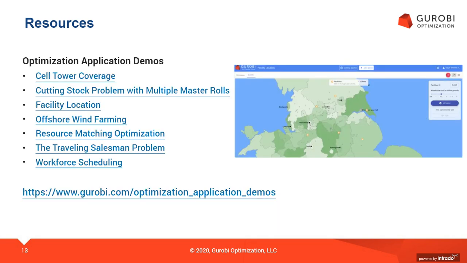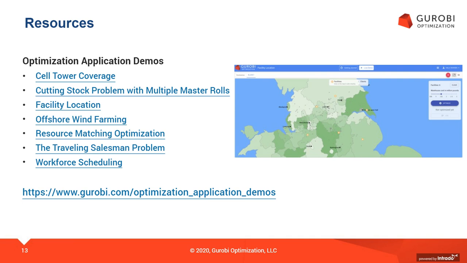In particular, the demos that I just showed you, there's more of them. There's demos about the coverage of cell towers, so if you want to maximize how many people have access to cell phone coverage. You have a cutting stock problem, which is one of the famous problems in optimization, where you want to minimize the amount of material that gets cut. You have wind farm cable layouting problem, where you want to minimize the cost of putting cables between offshore wind turbines and bringing that